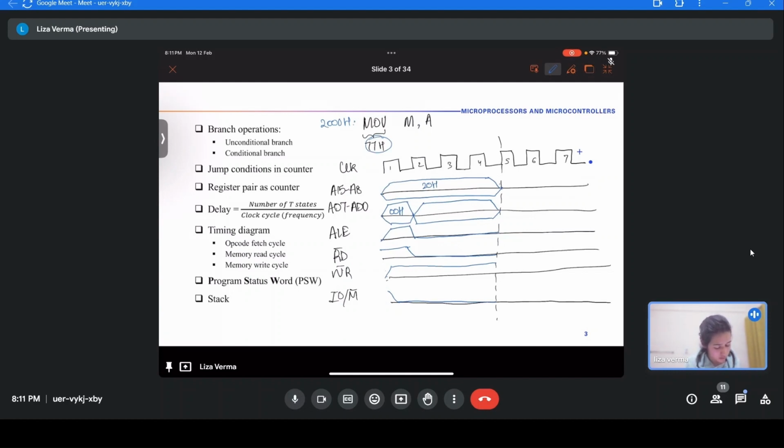So during T2, T3, T4, this line will have 77H. ALE signal is high during this time, and low during this time. Read signal is low because the data is being read. Please remember this: during the fetch opcode cycle,